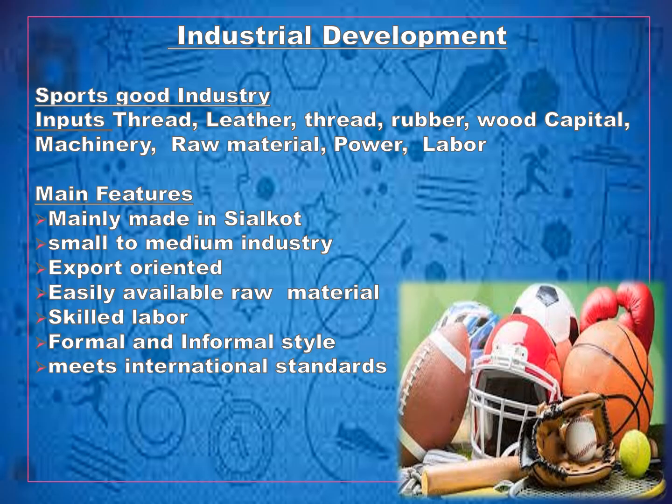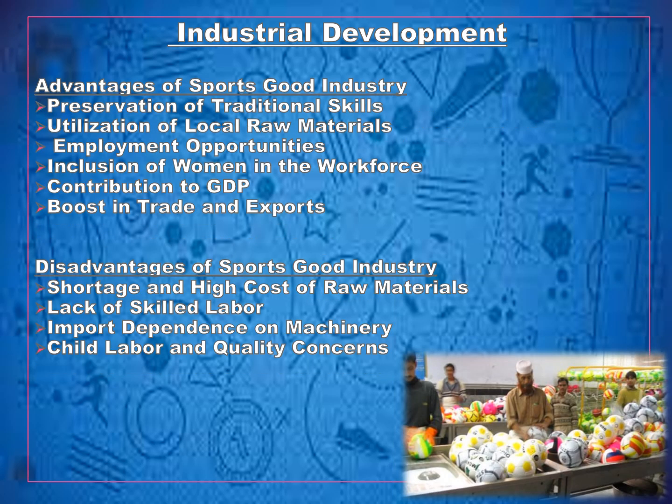functions. Now, if we talk about the sports good industry, the main features are that they are mainly in Sialkot, and it's a small to medium industry. It is export oriented, easily available raw material, local or imported, like leather, rubber, wood, thread. We have skilled labor of this as well, and it works both in formal and informal style, and mostly it meets the international standards. If we talk about advantages, the industry promotes and preserves traditional craftsmanship and skills, and